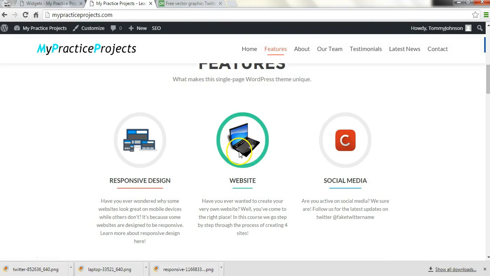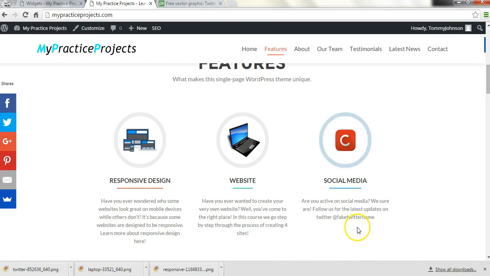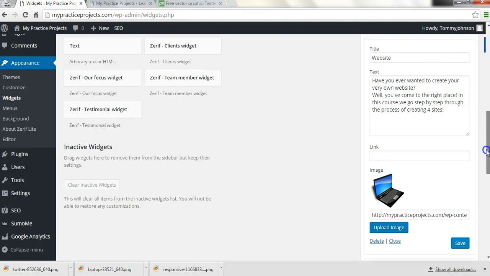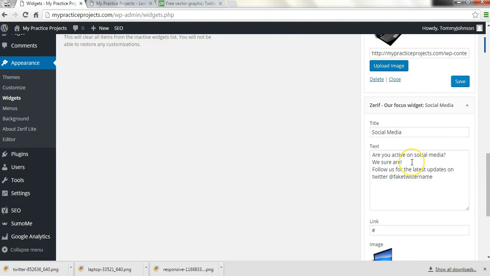And now it has a picture of the laptop that we wanted for the website. In social media, I have some text here. Maybe I should make this text a little bit longer so it fits a little better as far as the length goes in relation to the other two texts there. And I guess I'll do that real quick. I'll go down here and I'll just write